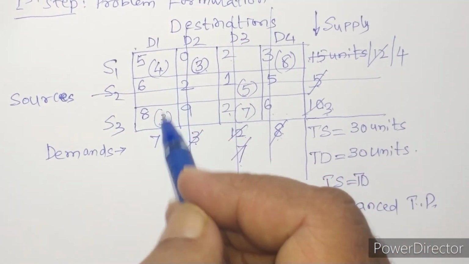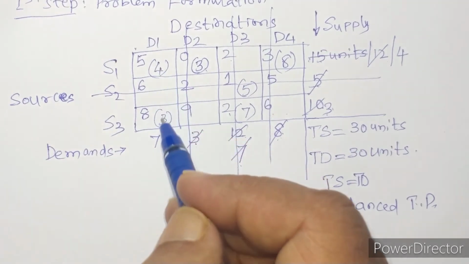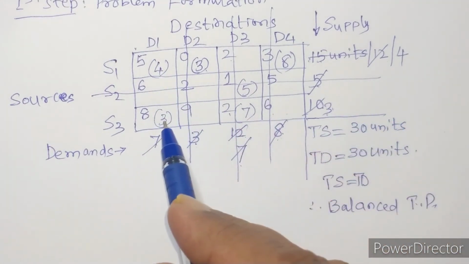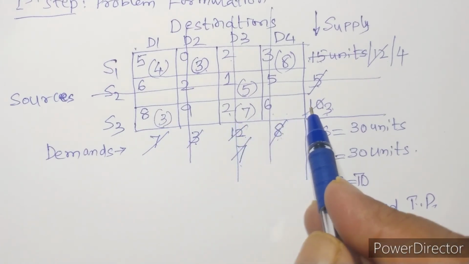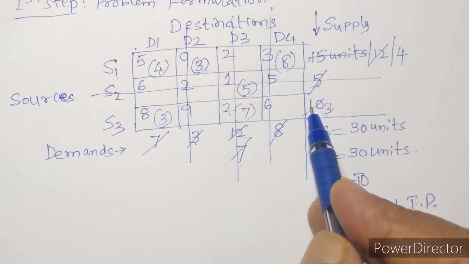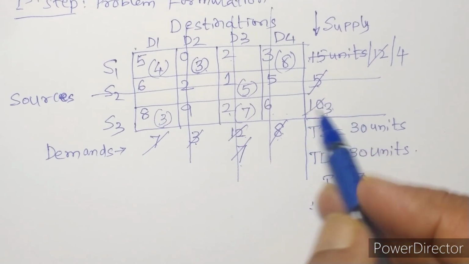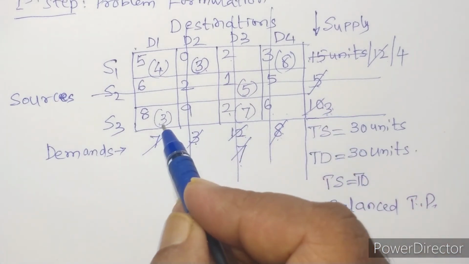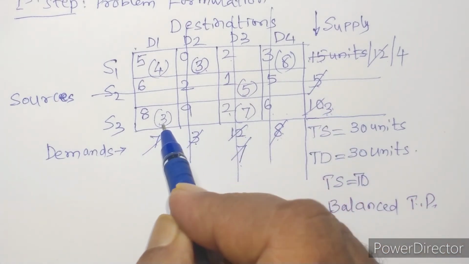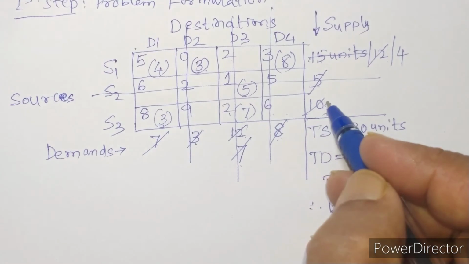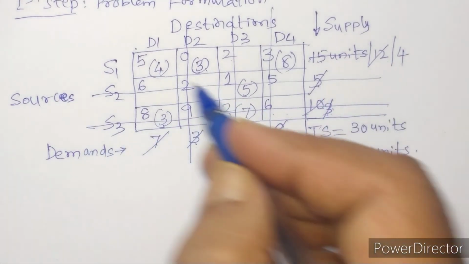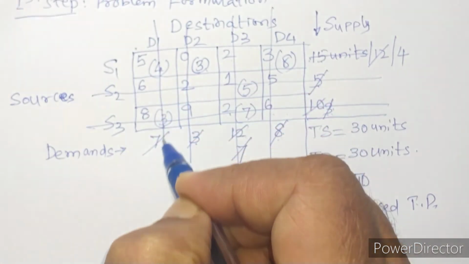You can add the total number of units allocated at the column. It is 4 plus 3 is 7. All the 7 units of demand are exhausted, and here you can see that 3 plus 7 is 10. 10 was the production of S3, and 7 is allocated here, and 3 is remaining, and we have allocated it there in the S2 D1 cell. So remove this and remove the third row, and remove the first column also.